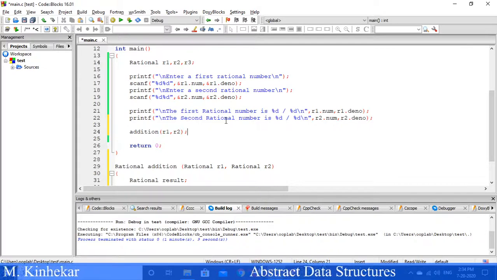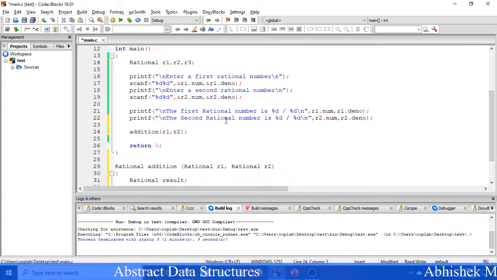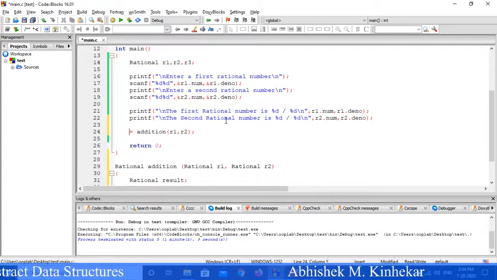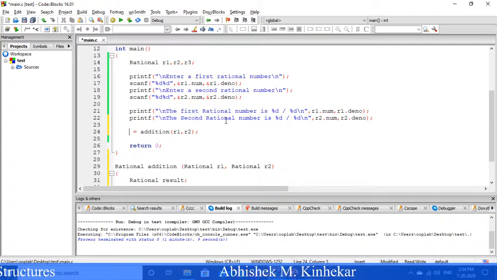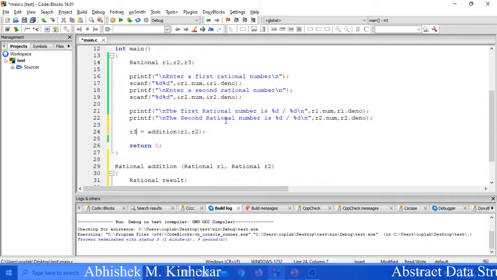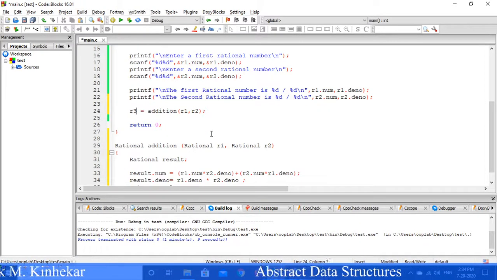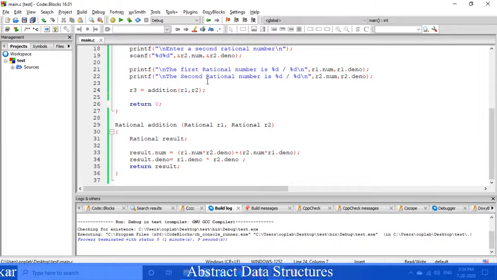So whatever parameters I have passed, its addition will be calculated and the result will be returned. I should have a container to store it in, correct? So for that I take R3. R3 is a resultant which will store the returned value of the addition function, correct? Okay, so far so good.